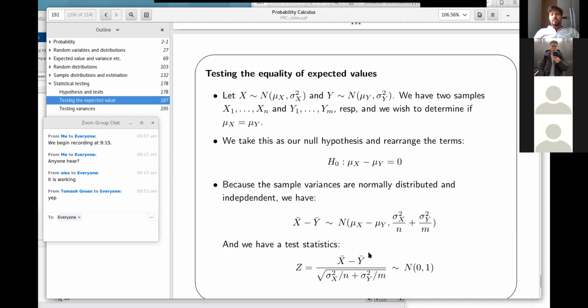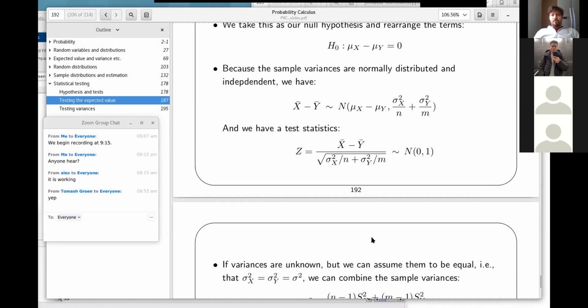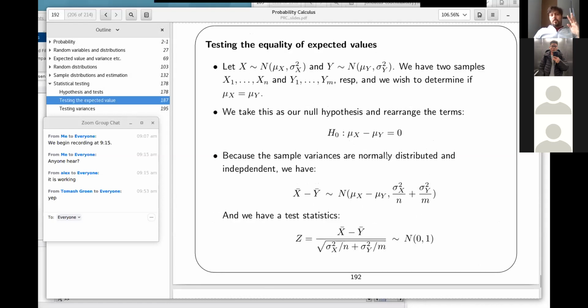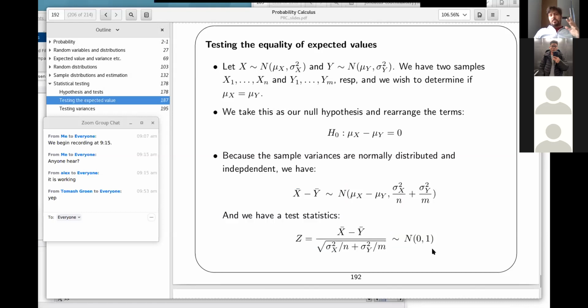So this test statistic does work as n approaches infinity. But for relatively small n, it's a little bit problematic claiming that this test is a reasonable test if you don't have normality already present